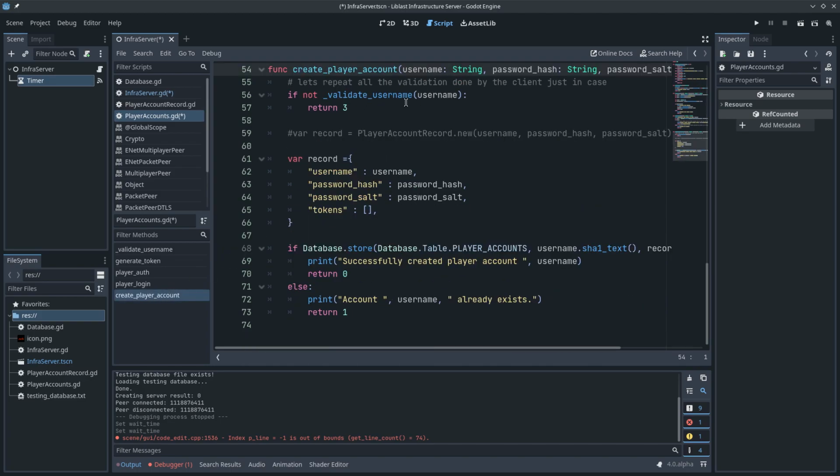After it's passed, we go further. If it's not passed, we return an error number 3. Actually, it could be number 2 because 0, 1, 2. Yeah, that was a bad number. Never mind. And so when we create a player account, we need to create a record that's going to go